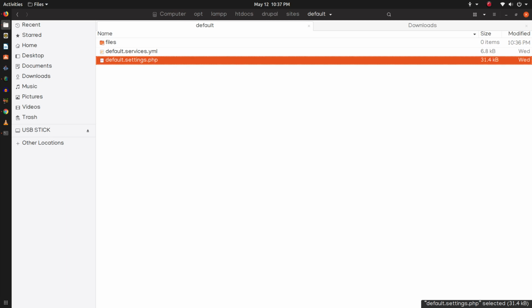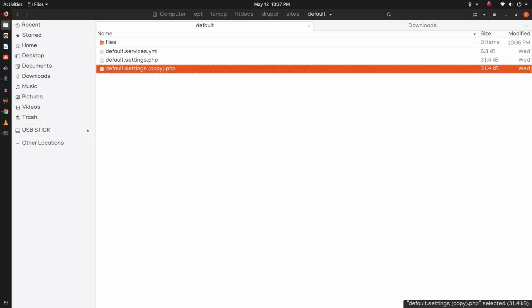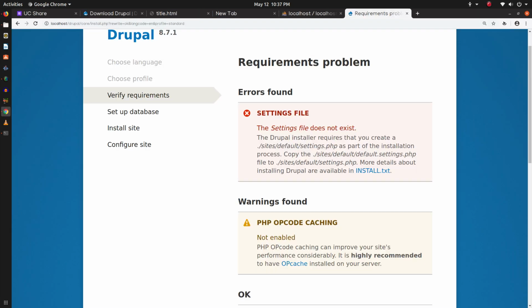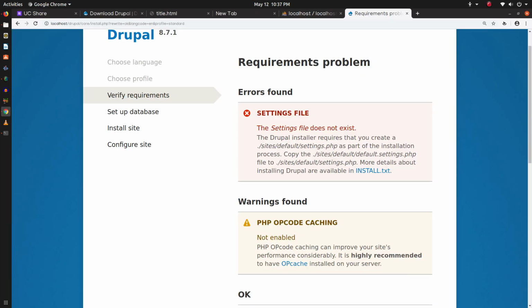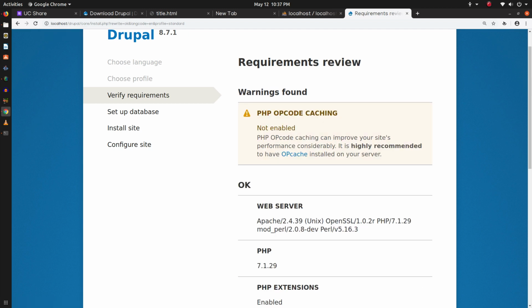So just create a copy of this file and we need to rename this file to settings.php. Now let's refresh this page again. Now we have fixed both errors.